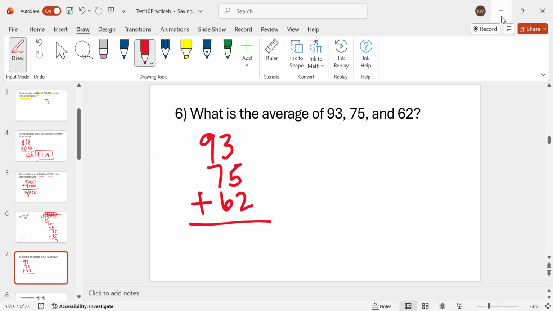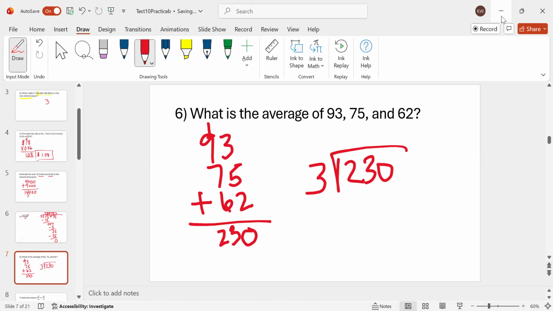We get 3 plus 5 is 8, plus 2 is 10. Put the 0 down, carry the 1. 9 plus 1 is 10, plus 7 is 17, plus 6 is 23. So 230 is the sum. And when I take 230 and divide by 3,